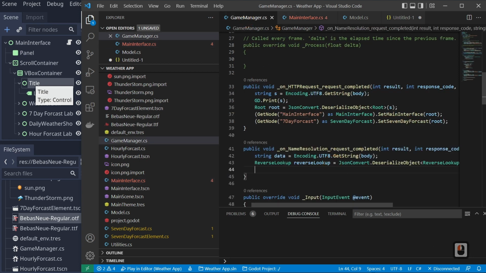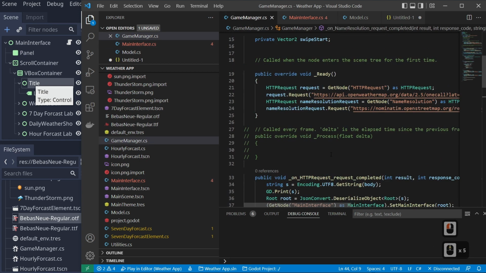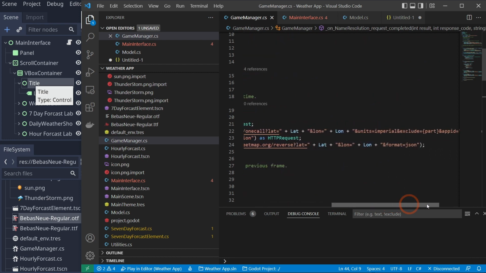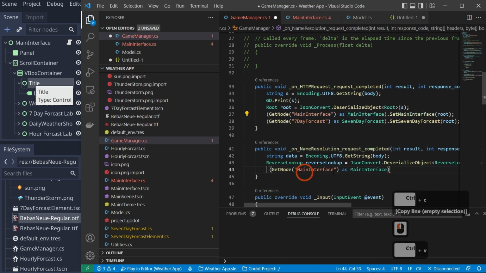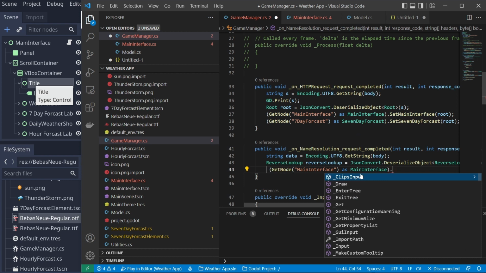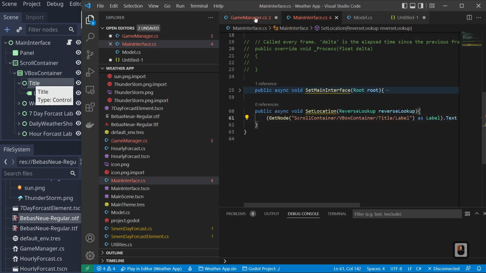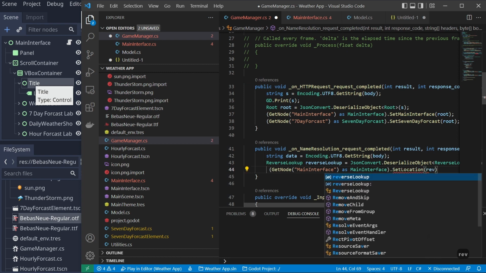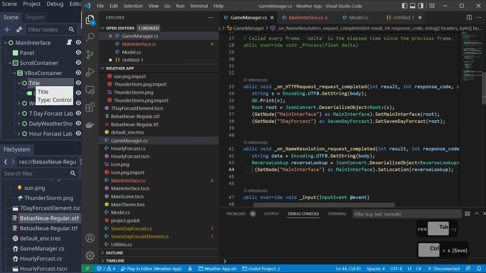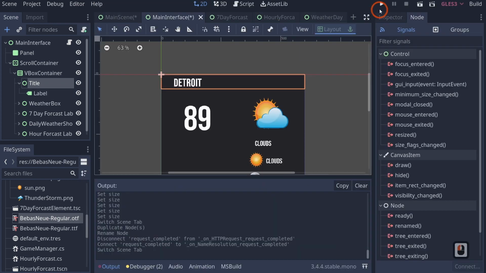So if we go back to our game manager and we look at our code, make sure everything looks correct, that should be fine. So if we call it right here, we could just say basically get node main interface like so dot, and I believe we said set location. So set location. And we'll pass in our reverse lookup, just like that. Awesome. So now, if we hit play,